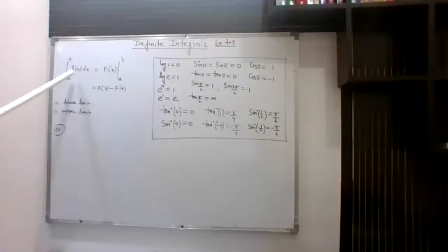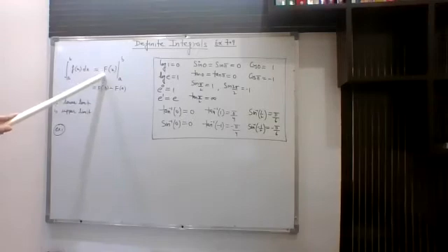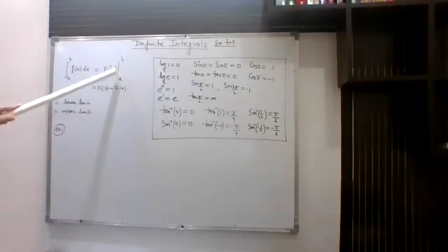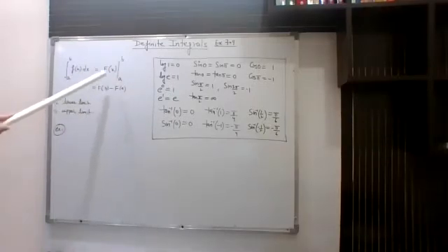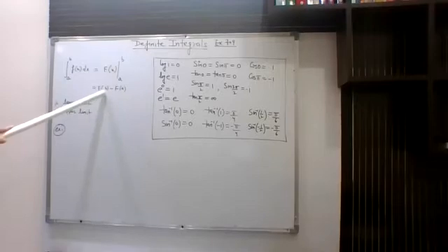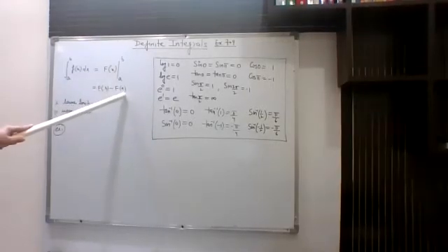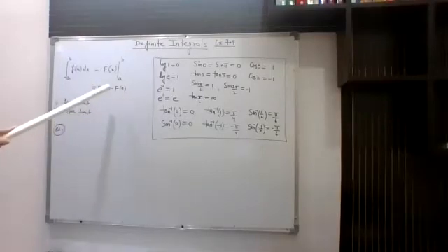Suppose when you solve it and your answer is coming out to be capital F(x). Now after that you will write the limits in this manner, a to b. So what we have to do is first of all we will substitute the upper limit, that is F applied to b, minus F applied to a. So this is what you will do for a definite integral.